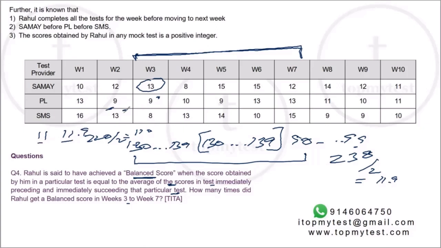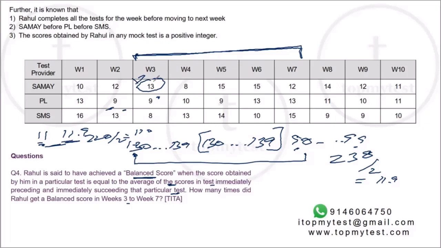So the average we can quickly calculate will be the average of the lowest values, or the average of the lowest values plus 0.9. Why? Because this can increase by 9, this can increase by 9, so the average can increase by 9 plus 9 divided by 2, which is 9. But that 9, when you divide it by 10, because you're losing the last digit, will come as 0.9. Right? So once you do this, you can quickly estimate the average. So this is 11 to 11.9. Now 11 to 11.9 cannot be approximated as 13. So this is out.